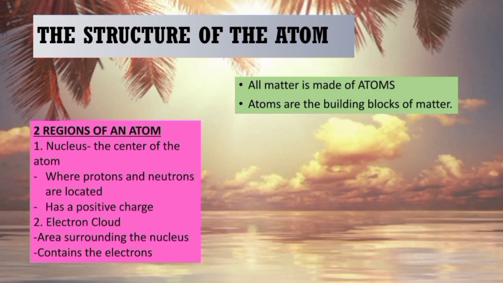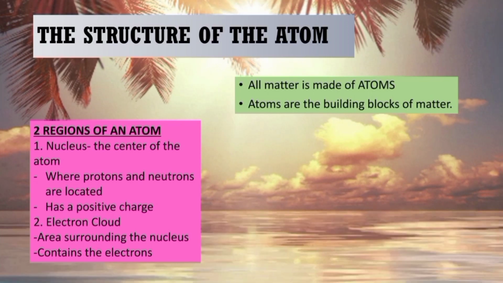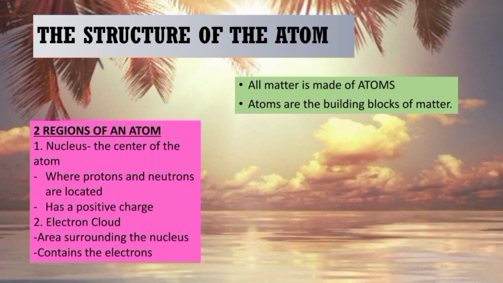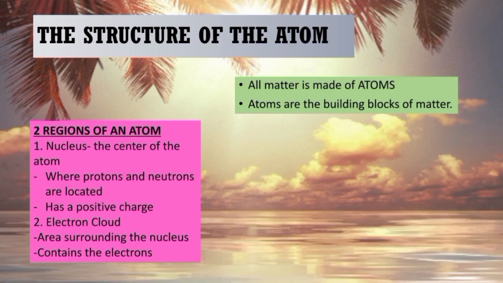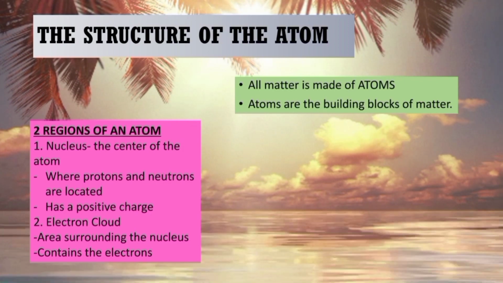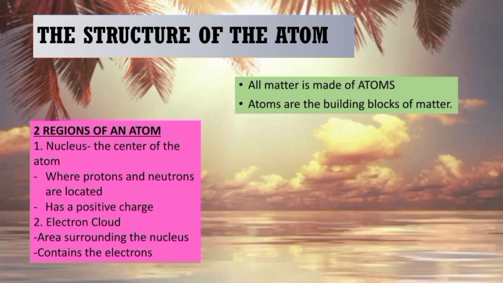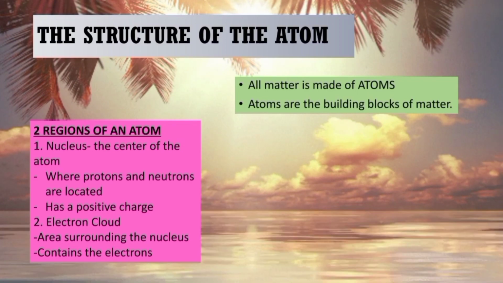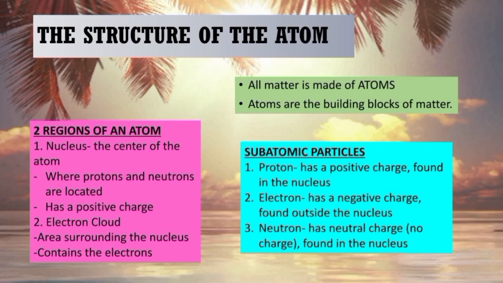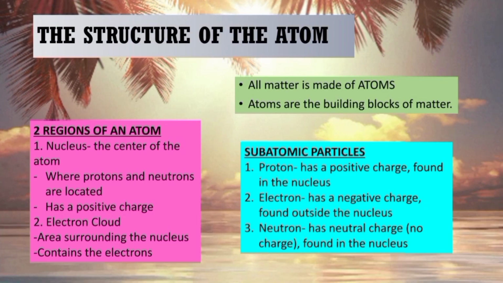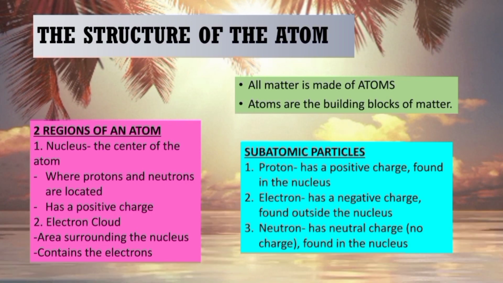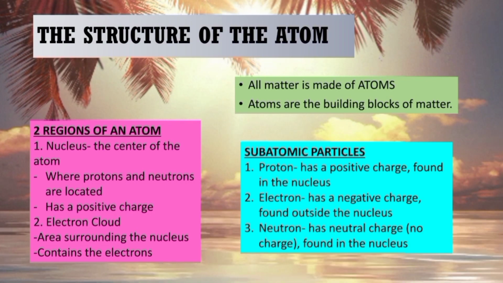So the nucleus is actually the center of the atom. It's a very small center and it is where protons and neutrons are located, and it has a positive charge. Then the other part of an atom is the electron cloud, which contains the electrons. Now the electron cloud surrounds the nucleus. The subatomic particles are protons containing a positive charge, electrons having a negative charge, and neutrons with no charge or